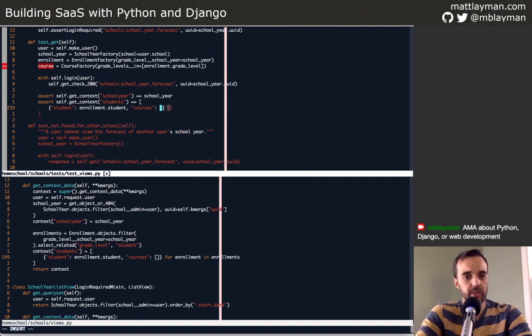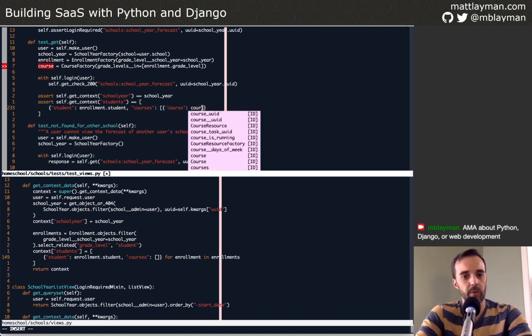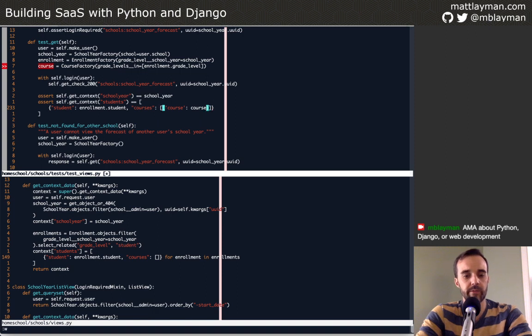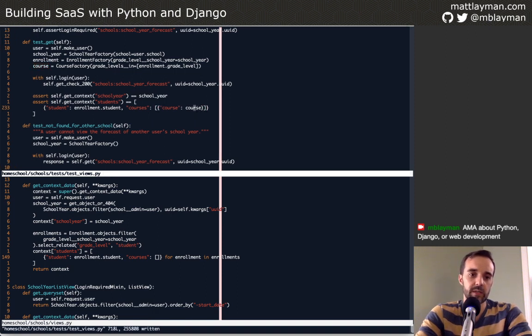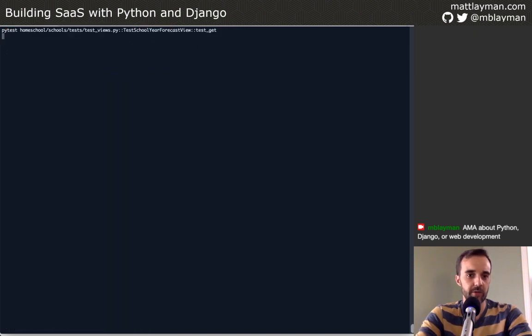So we're going to create a new dictionary, and the first thing that we want on there is not source, we want course, and we're going to pass in the course. So now we have the student and the course for the grade level that they are part of. And if we run that test, it should fail,